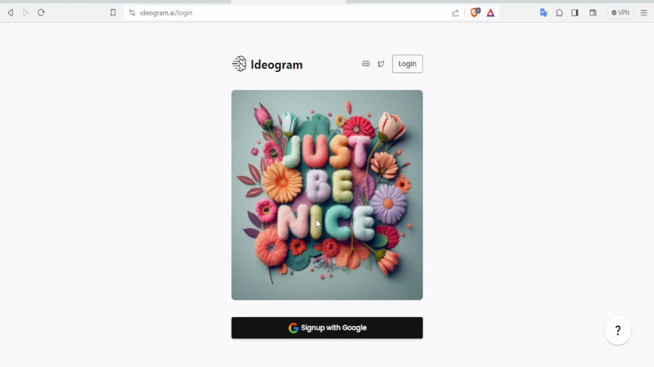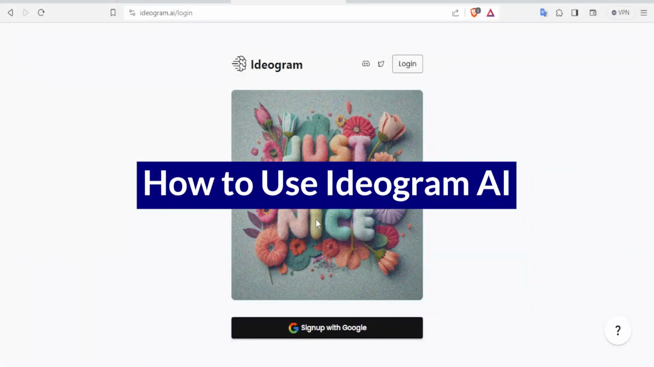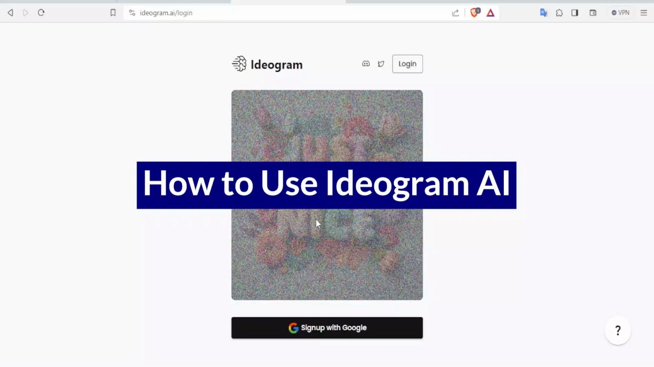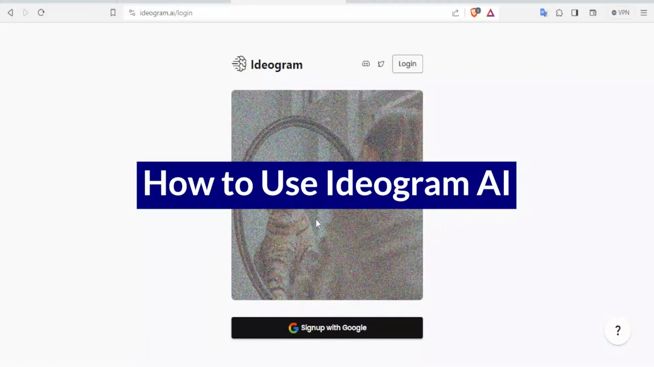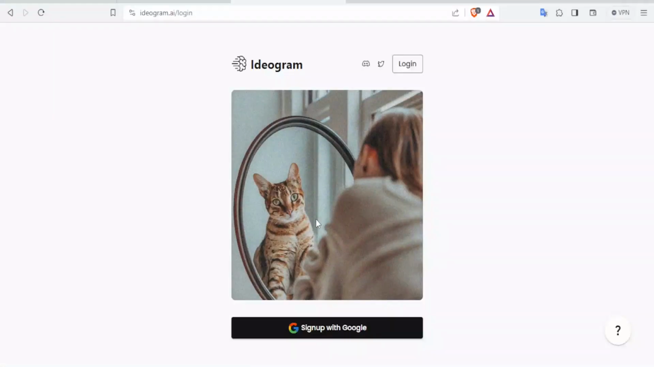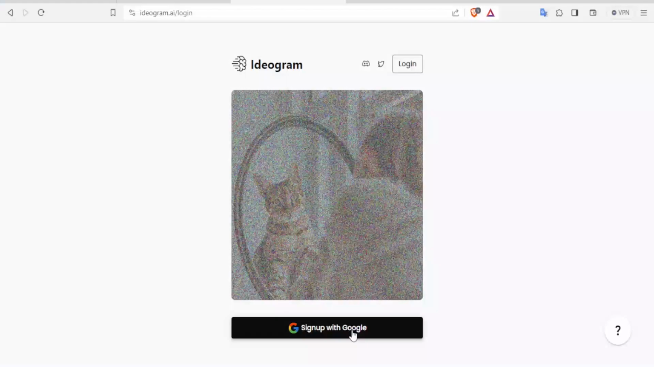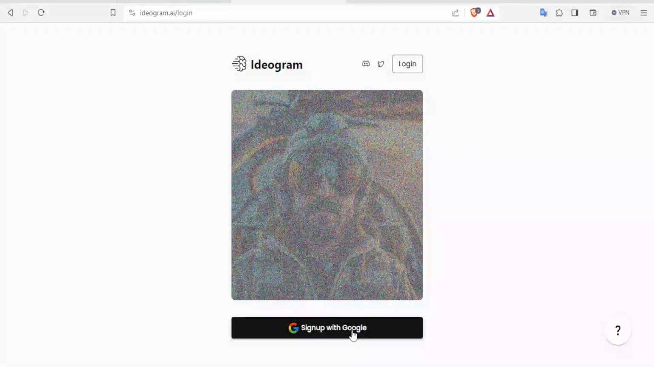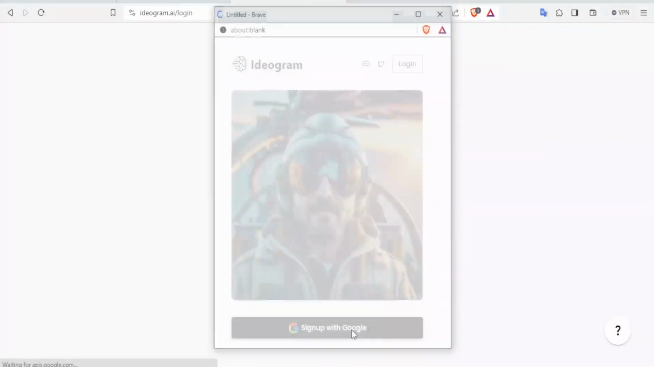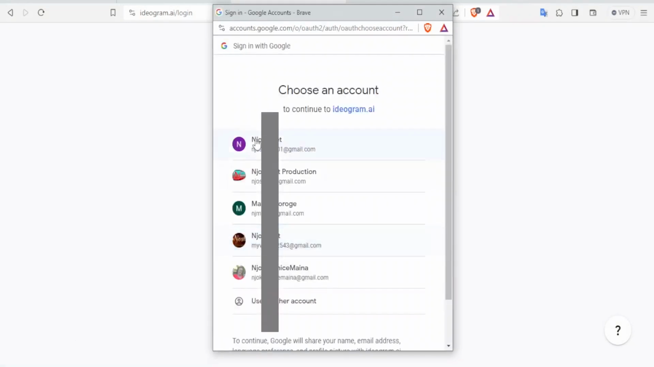In our tutorial today, we are going to learn how to use Ideogram AI. To use Ideogram AI, you'll go to ideogram.ai and it will bring you to this page and you'll click down here. You can only sign up on Ideogram using Google. So you click down here, sign up with Google, and then you select the email that you want to sign